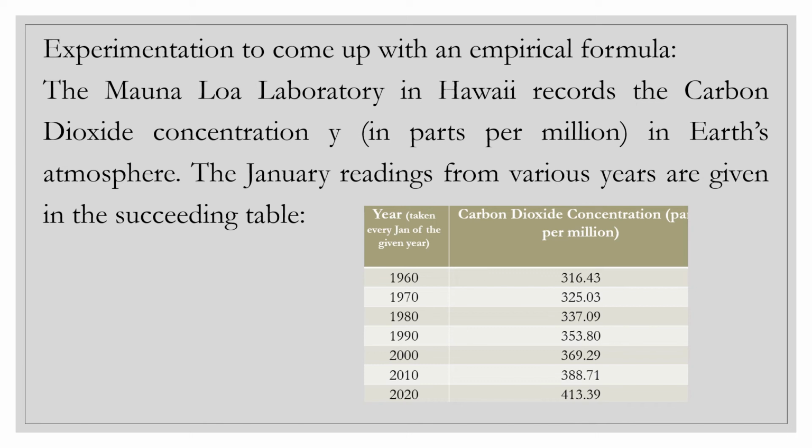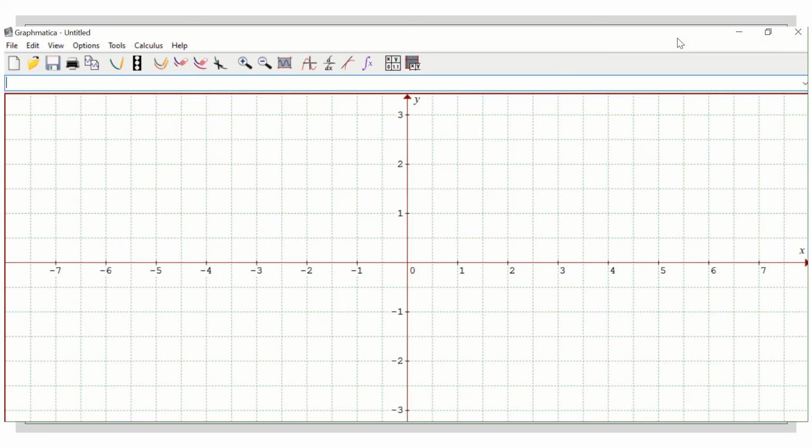Experimentation to come up with an empirical formula. The Mauna Loa Laboratory in Hawaii records the carbon dioxide concentration Y in parts per million in Earth's atmosphere. The January readings from various years are given in the succeeding table. So to create an empirical model for the amount of carbon dioxide in the atmosphere from 1960 to 2020, we